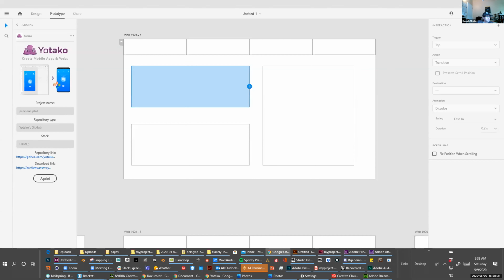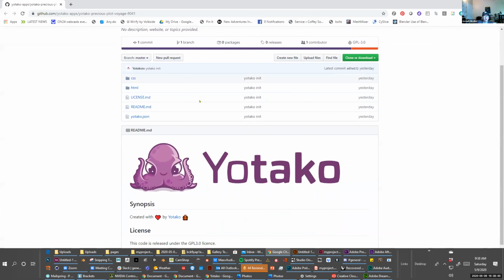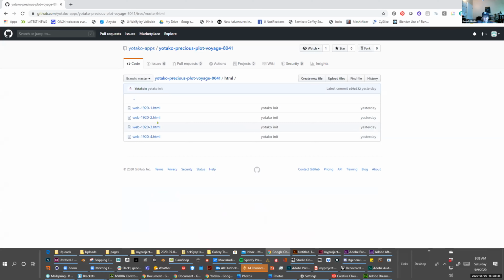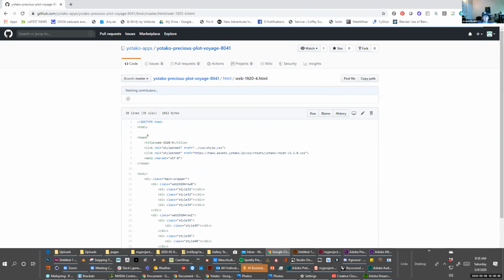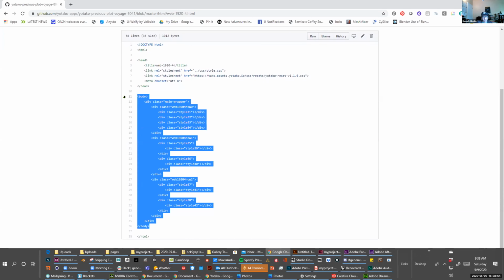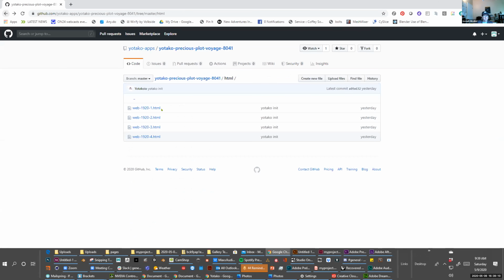I haven't even put my GitHub site in here yet, but you go in here and it goes to the GitHub site, and then it has your code. So it has my code here, and if I click on that, it creates all this HTML, right? So it's nice that it creates this HTML. It creates these divs. The styles are basically my sections going across, and then it puts everything into this style sheet up here. And there's two style sheets,